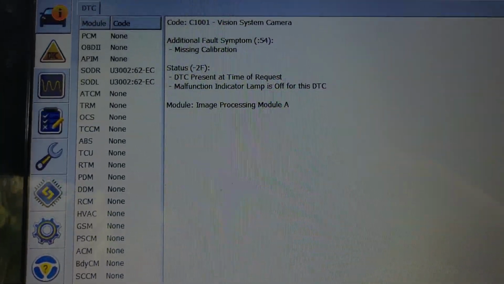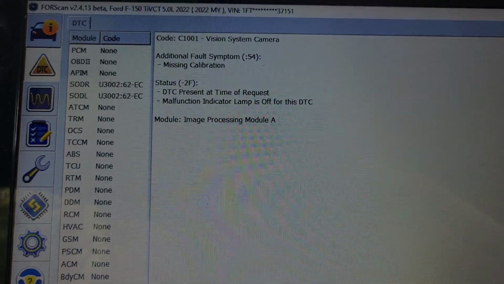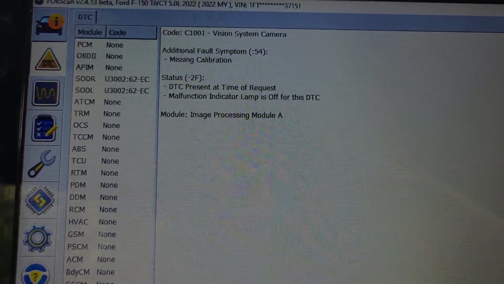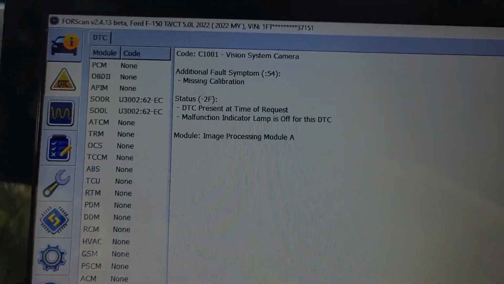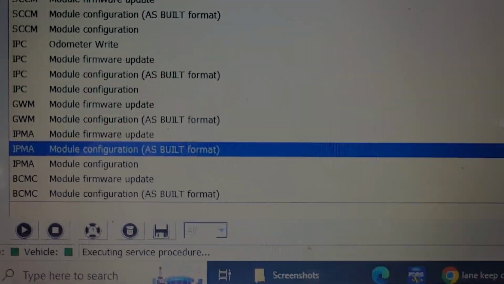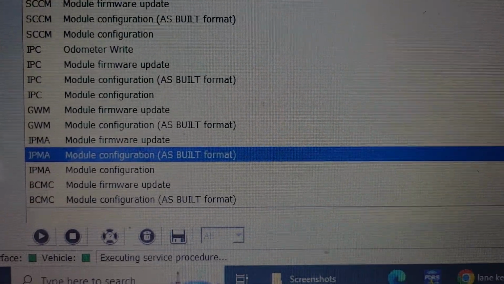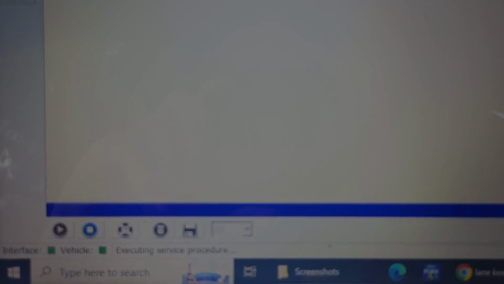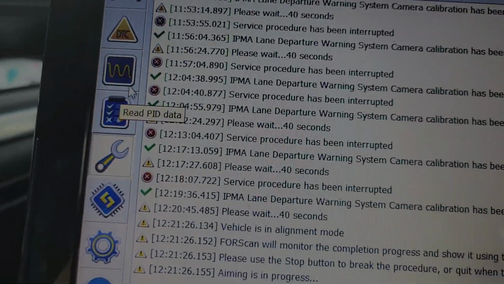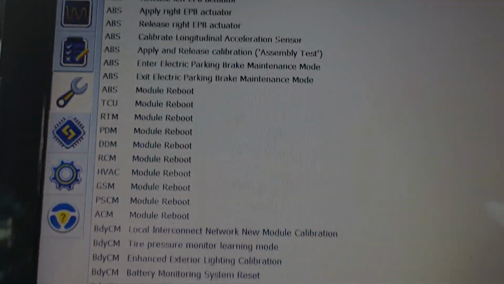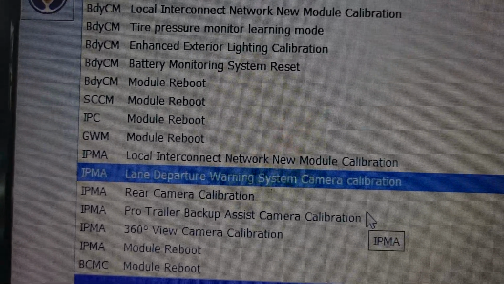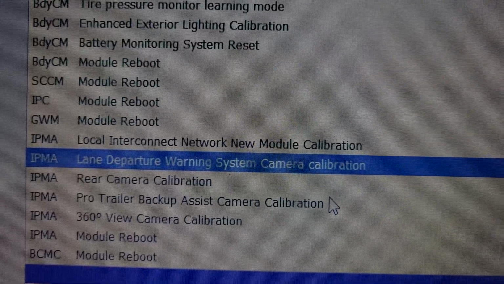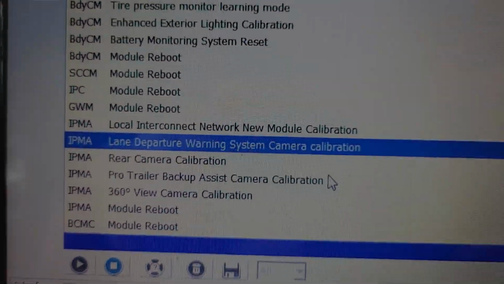Which is my next step then. A function indicator off for this. Yeah, I'm gonna try and see how to calibrate it. You can calibrate it here. Where is it? Here. Service. It's the wrench there, and then service procedures. Then you go down to IPMA, lane departure warning system camera calibration, and it will guide you through